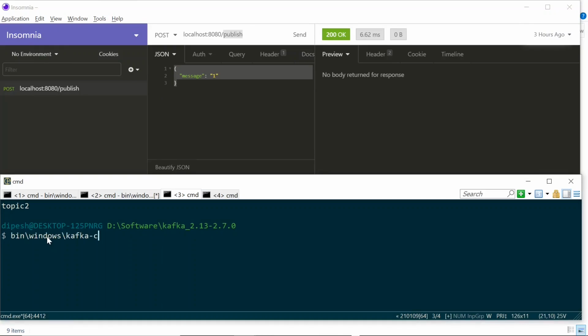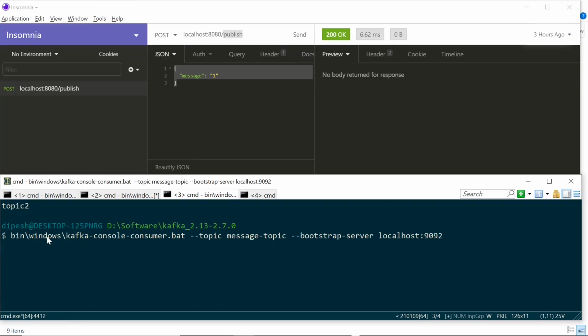Before we start publishing messages, I want to first start a Kafka console consumer, which is going to listen on the topic that we have created. Once this consumer has started, I will start publishing messages.